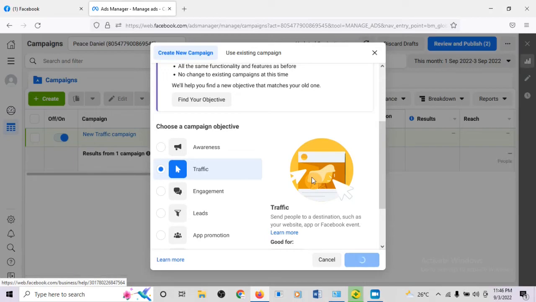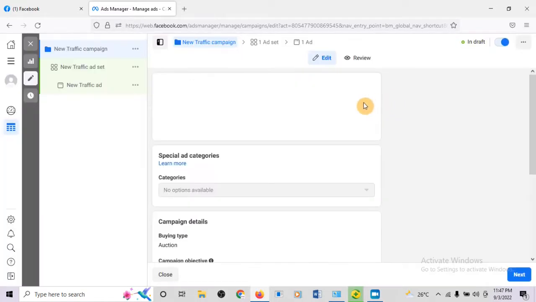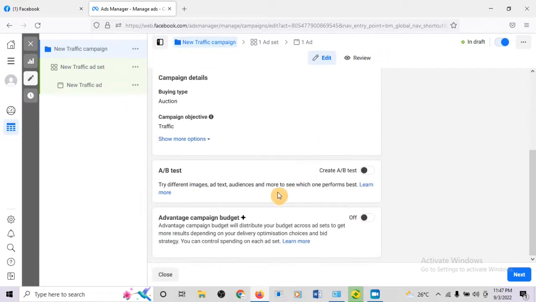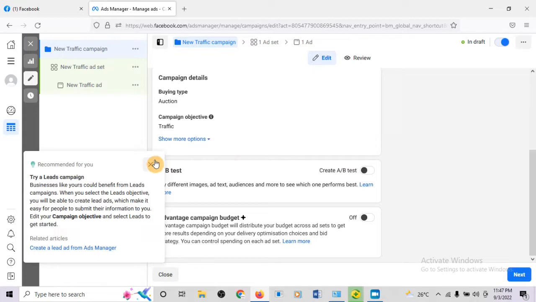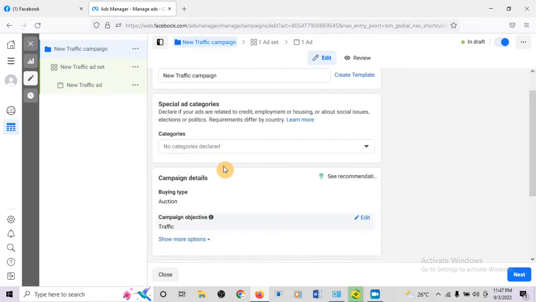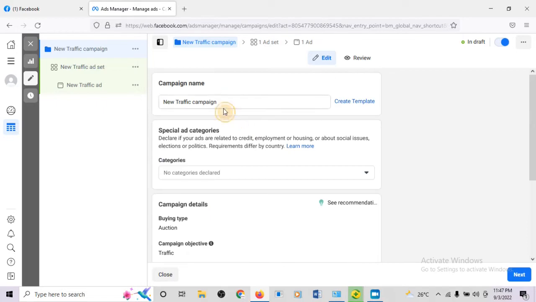Okay, so you can see the back end here, it's already created, right? So this is our first stage. So you don't have to do anything here. Here is where you can split test, but you can always duplicate and do split testing, right? So don't just leave this the way it is. Here you can decide to rename your campaign, just in case you want to stay organized. You can rename this,